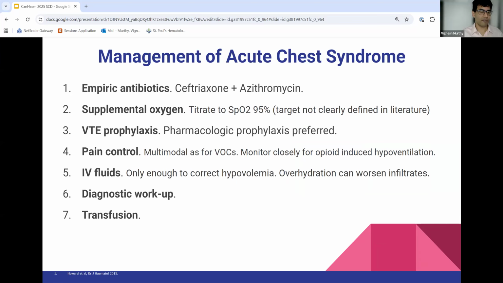So these patients definitely need hematology involvement. If there's any question, if they have a new infiltrate, absolutely call us. But the mainstays of therapy are empiric antibiotics covering common and atypical respiratory pathogens, supplemental oxygen,